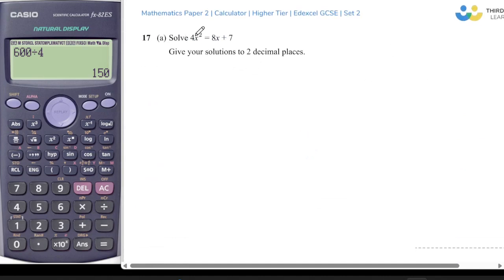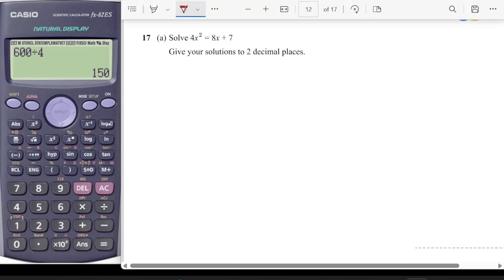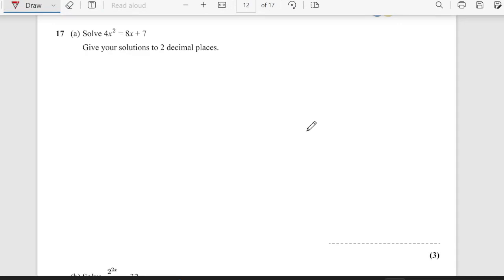Okay, solve 4x squared is equal to 8x plus 7, giving your answer to 2 decimal places. So this is kind of implying that we're using the quadratic formula. If I rearrange this, first of all, I would get 4x squared minus 8x plus 7 is equal to 0. So I'm not a massive fan of the quadratic formula, so I'm going to try doing it by completing the square. So if I take a factor of 4 out, that would give me x squared minus 2x. So I've just factorised the first terms, plus 7